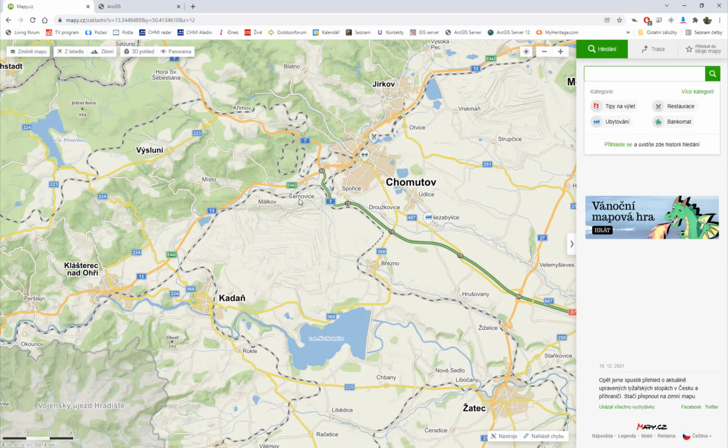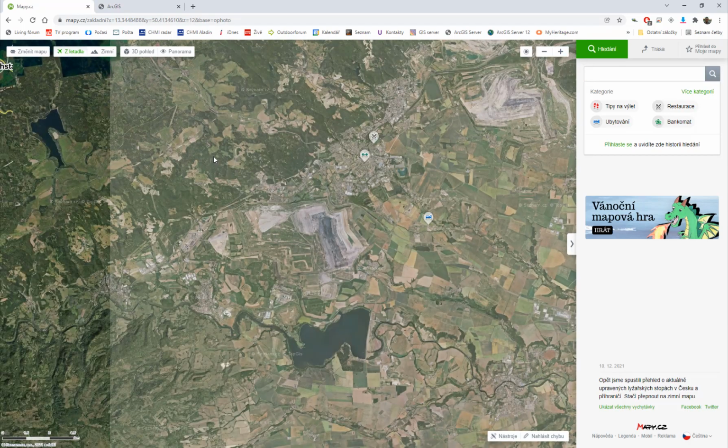Here we have open pit mining of brown coal, and if you look at the aerial image,